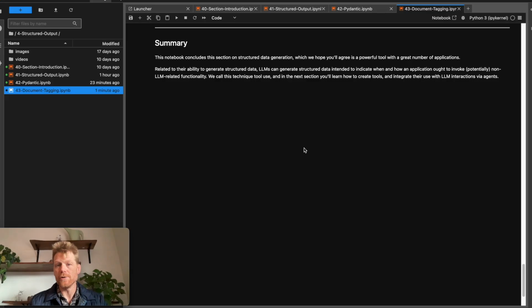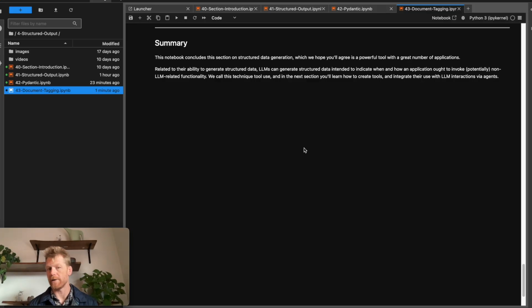So this use of functionality in our application that is not actually the large language model itself, but is the large language model indicating that a certain bit of functionality ought to be called, is what we call tool use. And in the next section, we're going to look at how we can create tools and use tools, and we'll